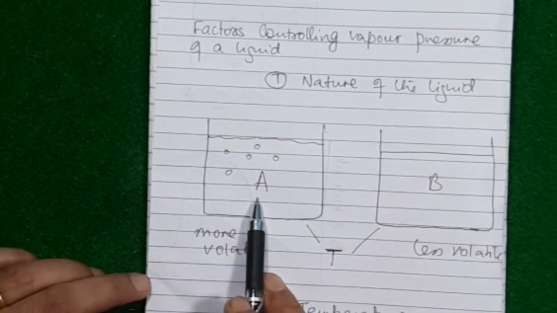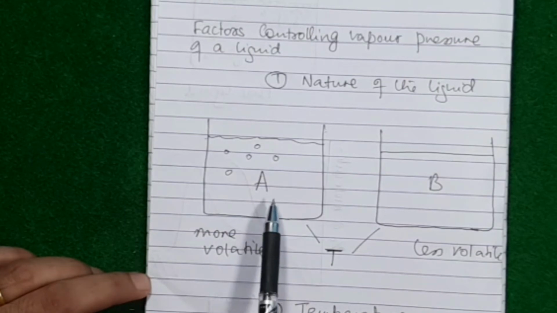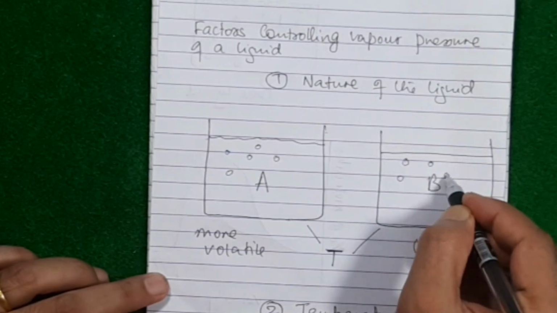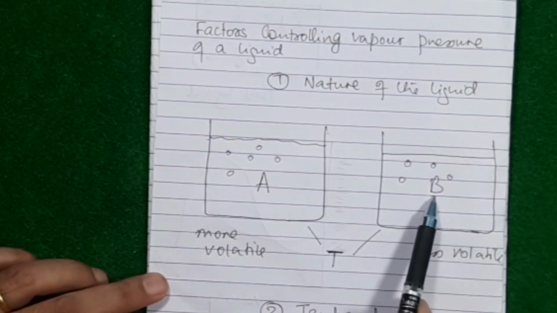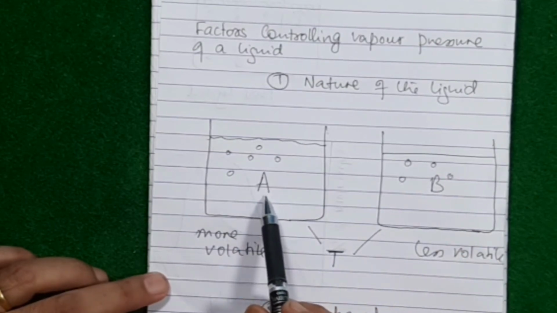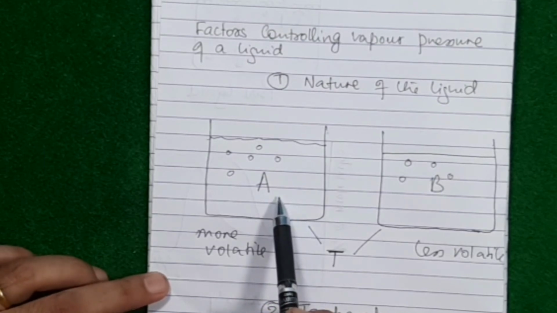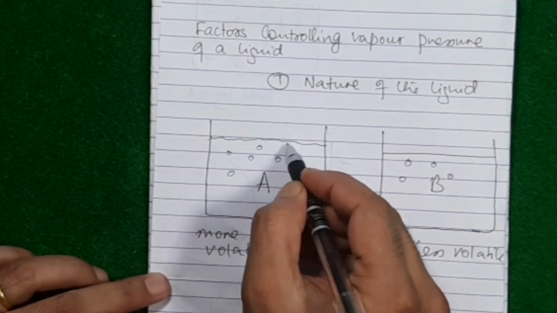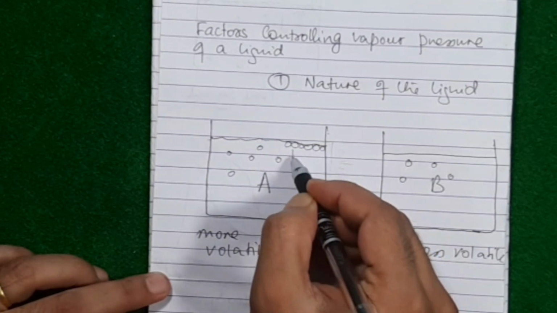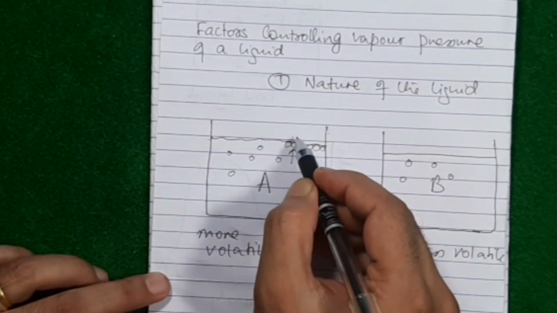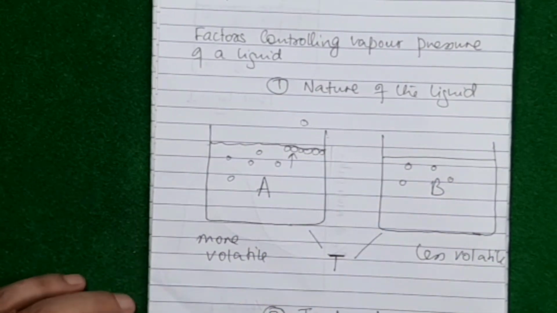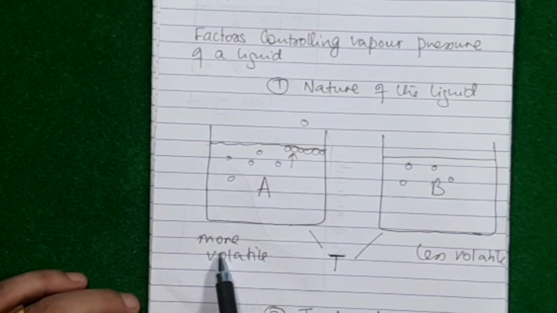So there's a liquid here, liquid A, which has low intermolecular force of attraction, whereas some liquids are such that their molecules attract each other very strong. Let's say liquid B, which has strong intermolecular force of attraction. Now if you have a liquid with a very feeble, weak intermolecular force of attraction, then these surface molecules, because they don't attract each other much, even if struck by a slow moving molecule, can evaporate, because molecules on the surface cannot pull it back because they don't attract each other with a strong force, so it's more volatile in that sense.